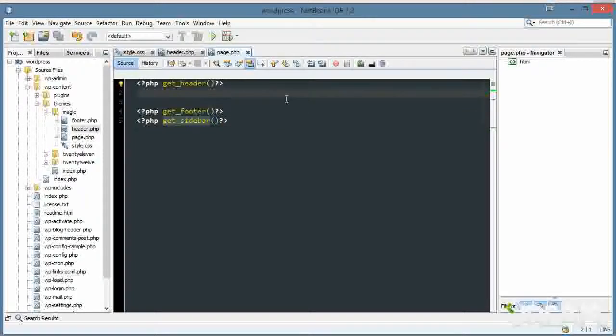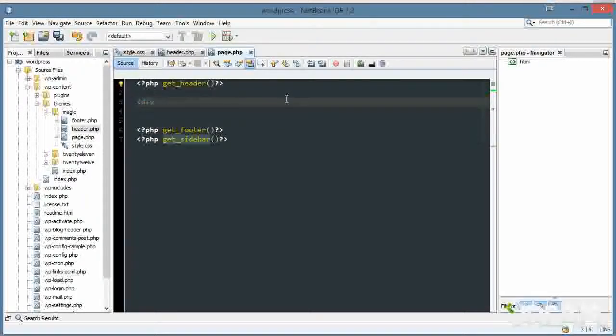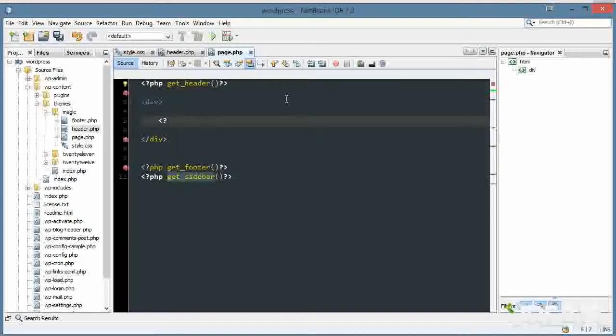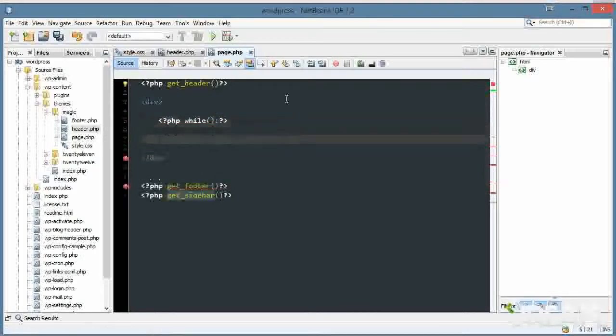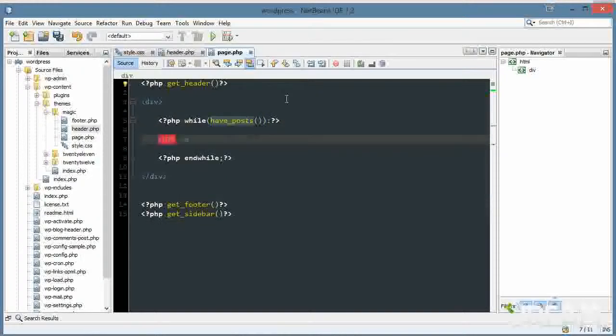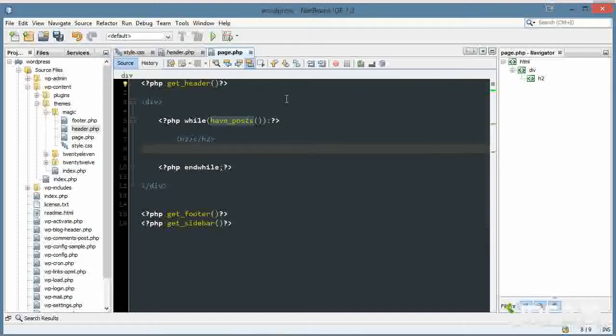And we have to do a loop for the content. So I'll just say div, an empty div, and we do a while loop. PHP while something, like that, and endwhile. So while a condition such as have_posts is true, we're going to echo out post data, and I'll just say h2 for the post title, and the content,